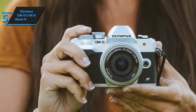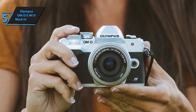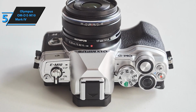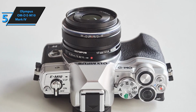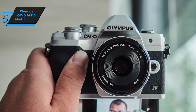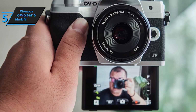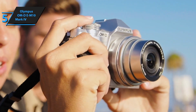And for an added creative touch, choose from 16 built-in art filters, including a new instant film effect for a nostalgic, vintage look. Whether capturing landscapes, portraits, or action, the E-M10 Mark IV's sensor-shift image stabilization and digital zoom up to 2x give you flexibility and control for any shot. Perfectly portable, powerful, and packed with features, this camera makes it easy to unleash your creativity and share stunning results